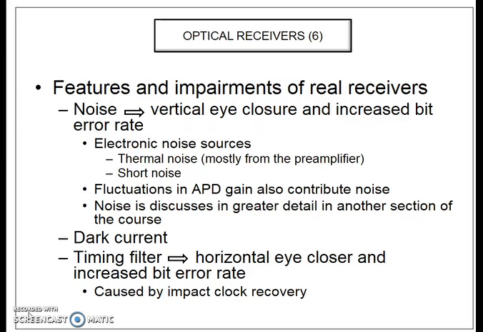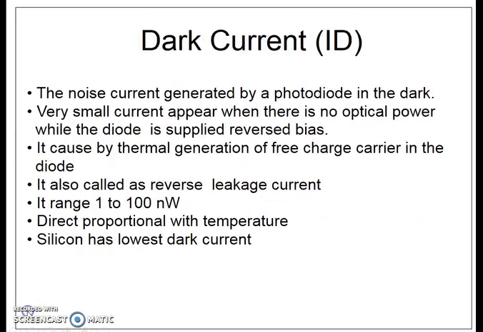These three important points will affect the signals received at the receiver. Dark current, or ID, is known as the noise current generated by a photodiode in the dark, the current which is generated when there is no light at all. It is caused by thermal generation of free charge carriers in the diode, and it's also known as a